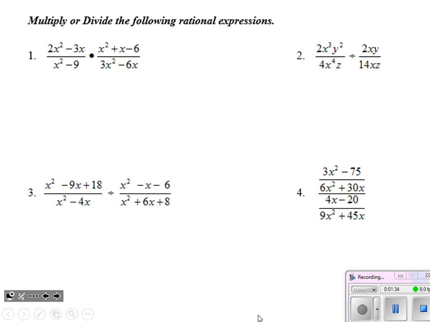All right, so the first section opens up with multiplying or dividing. There will be, I believe, 3 of these on the test itself. Don't quote me on that, but you can see we've got them expressed in different ways. We've got 1 multiplication problem and 3 division problems. So for the first one, the multiplication, all of these we considered our trains, right? We want to set up our train cars and then see what cancels out when we multiply across the top